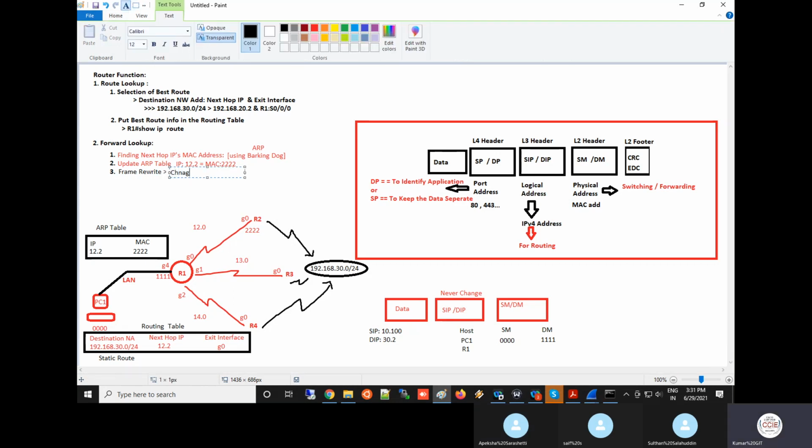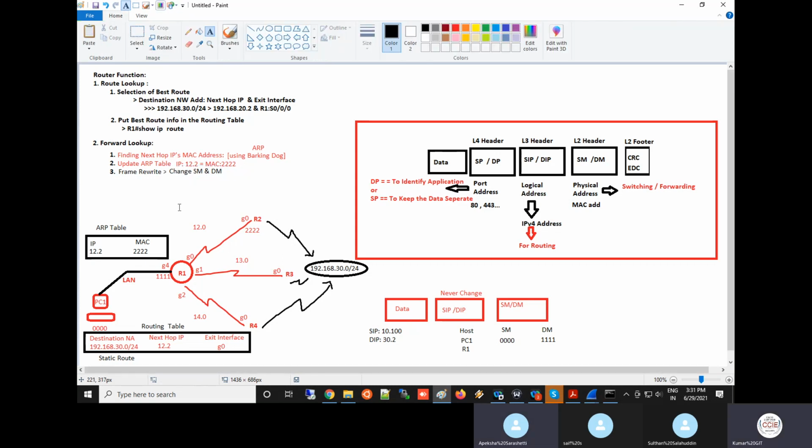Change source MAC and destination MAC. Now what is the source MAC I'll put in the packet? Okay, I'll ask this to Saif. Saif, tell me.